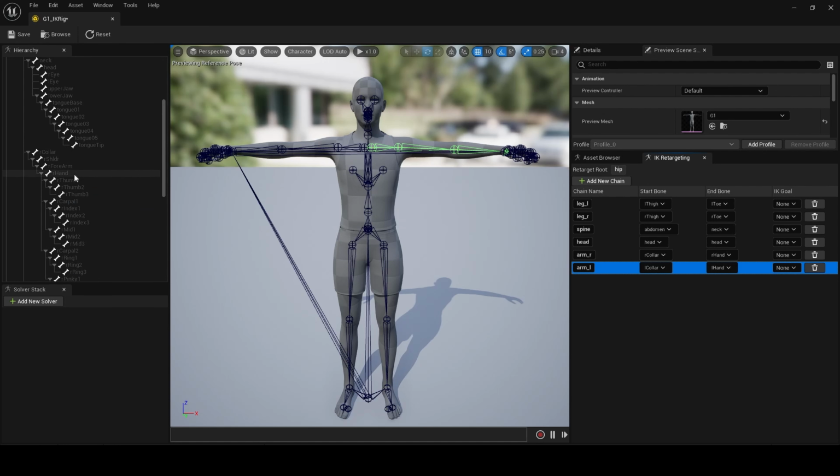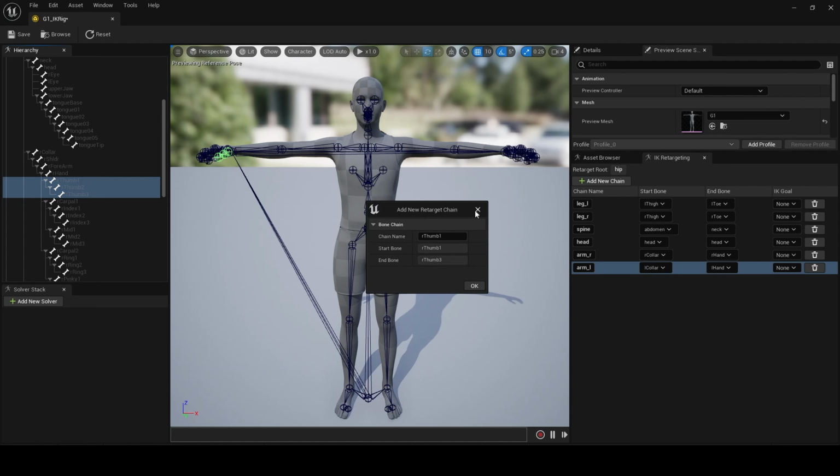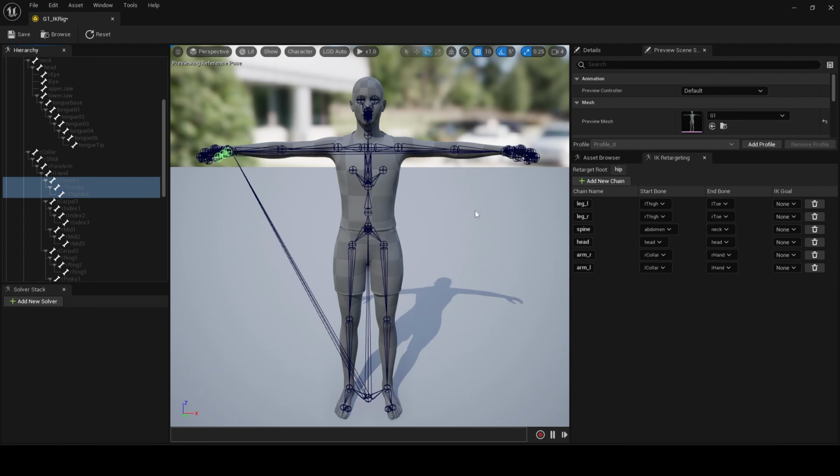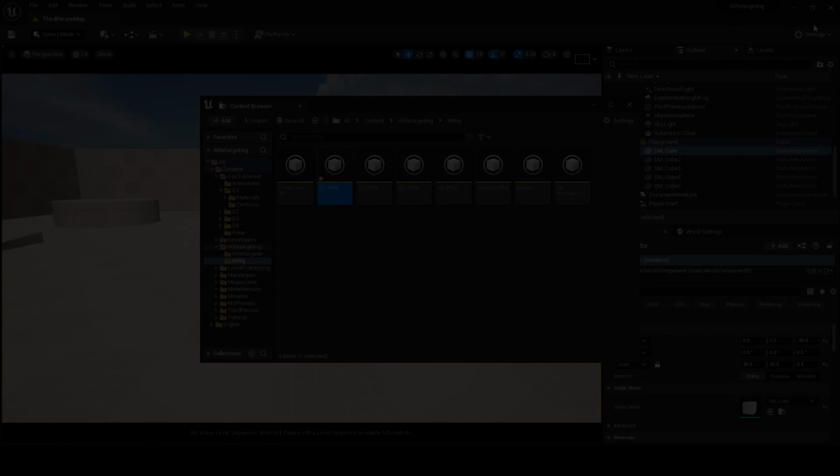Right, and then we need to do the fingers. I'm not going to do that now, it will take too long, but basically you would select the right thumb, 1, 2 and 3, and then you would create a chain for the thumb. Please go back to my previous videos and learn the process of creating these IK rigs, so you can quickly shoot through it, create your fingers, and we can move on.